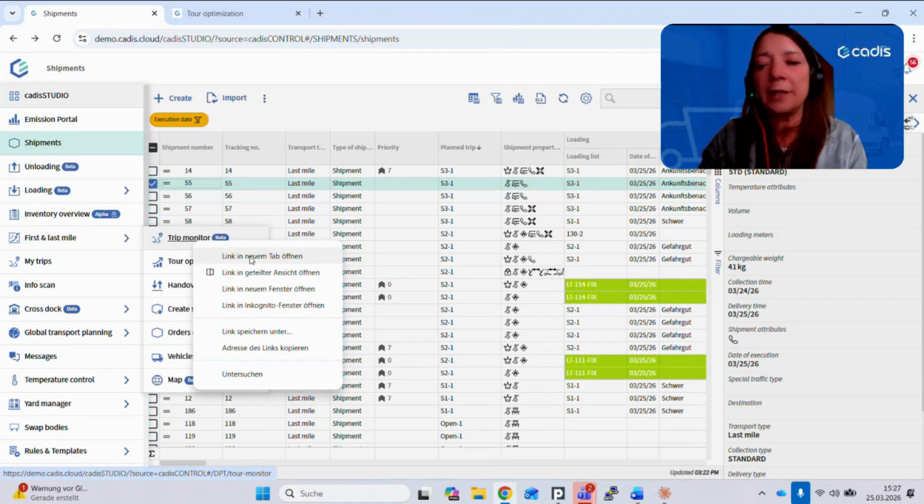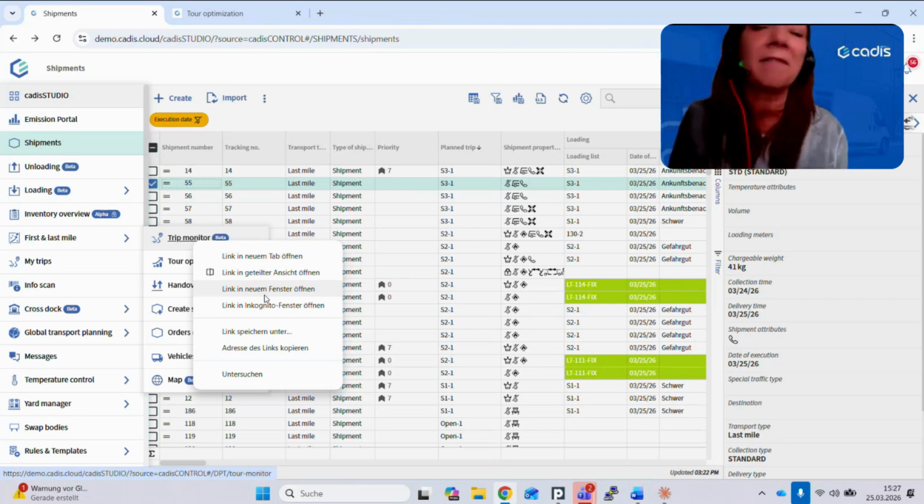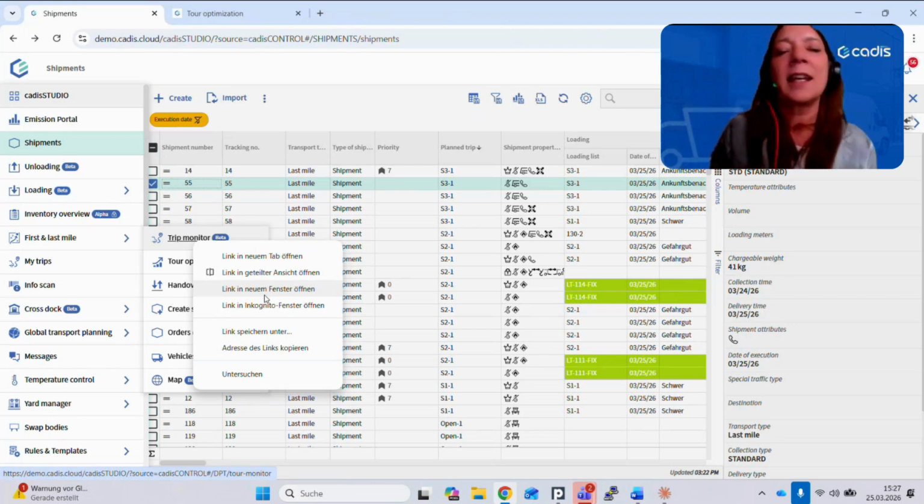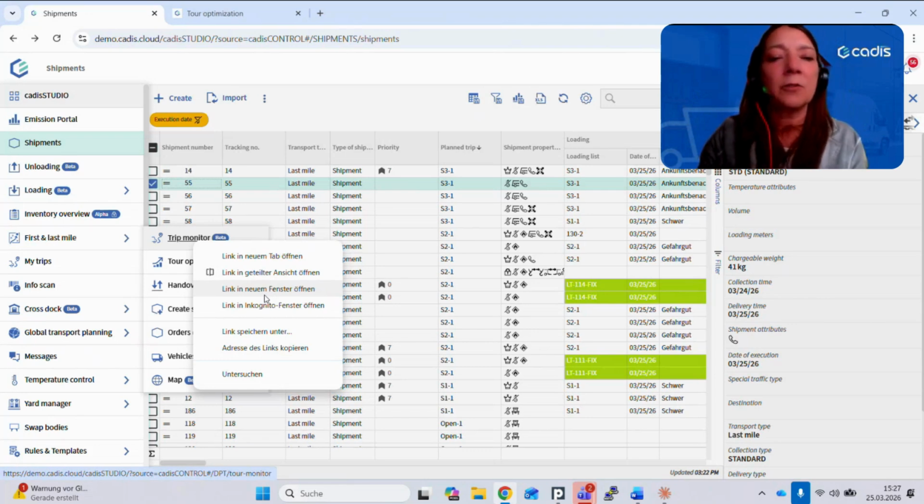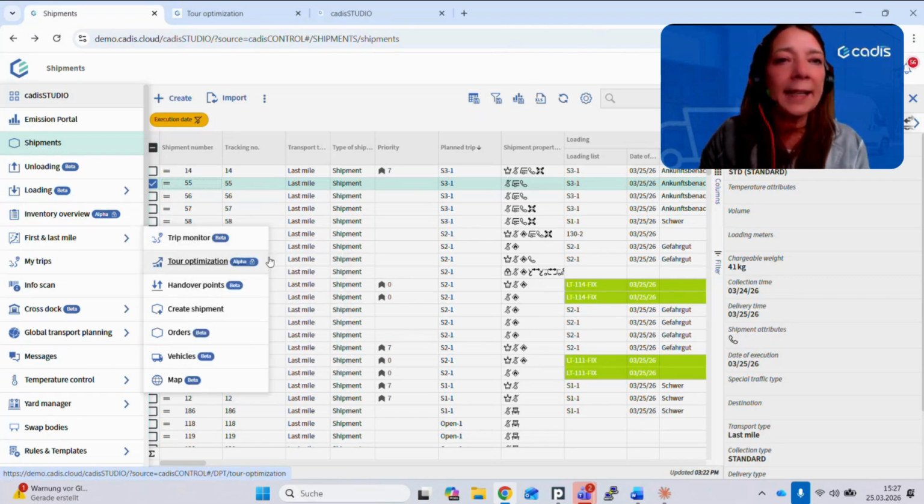If you have different screens, different monitors, then you would maybe use the new window to move one window to the second screen. What I don't do now in that session, because that would be a little bit struggling to share both screens. So I will open the link in a new tab,